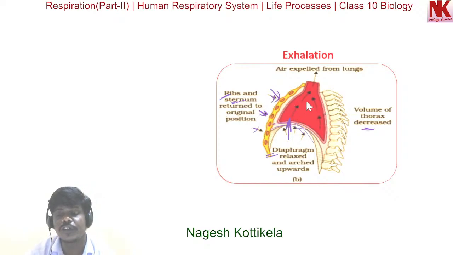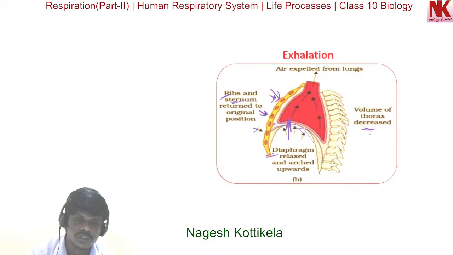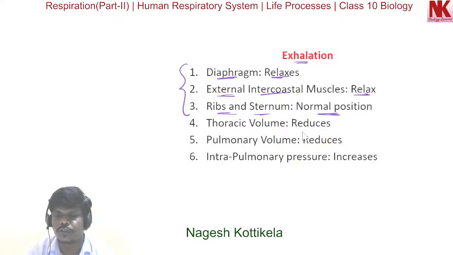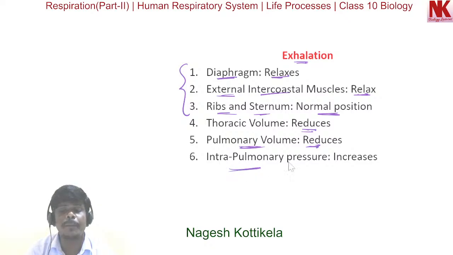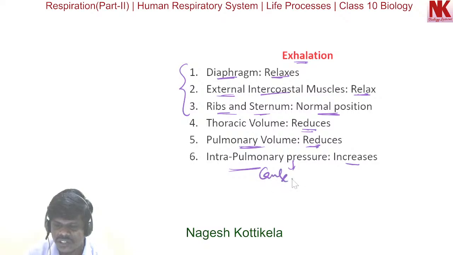So the volume of the thorax decreases, the pulmonary volume also reduces, and as a result intrapulmonary pressure increases. Because of this high pressure inside the lungs,